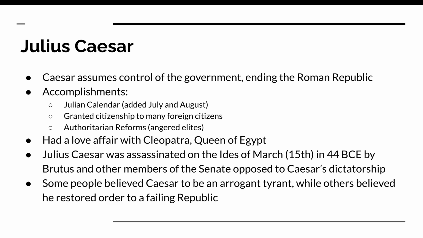Now, more about Julius Caesar. Because of his conquering and because of him becoming almost too powerful, he ends up being assassinated on March 15th, what we call the Ides of March. The members of the Senate who opposed Caesar's rule and his dictatorship thought he had too much power. They turn on Caesar and end up stabbing him multiple times to kill him. And Brutus leads the charge, and the most famous phrase is "et tu, Brute," which means "and you, Brutus, you were part of this